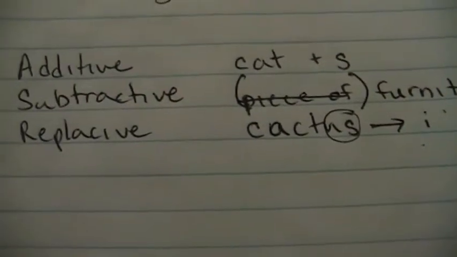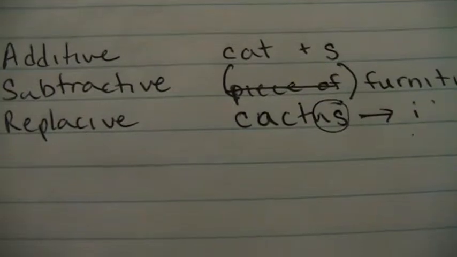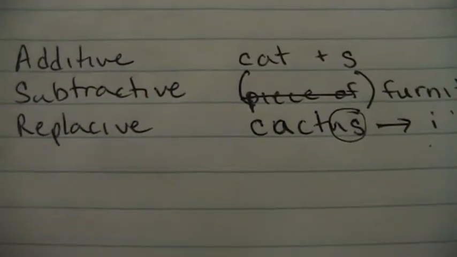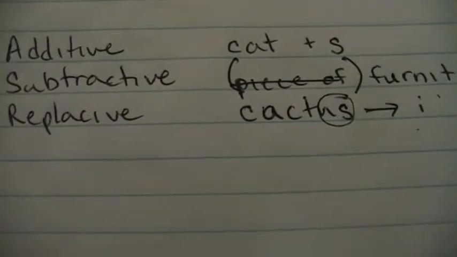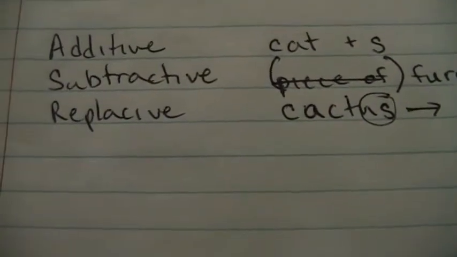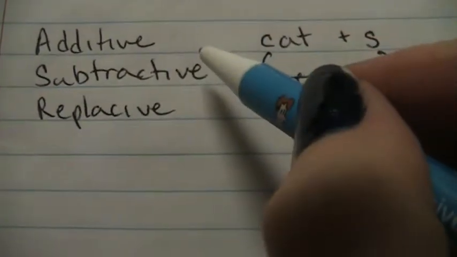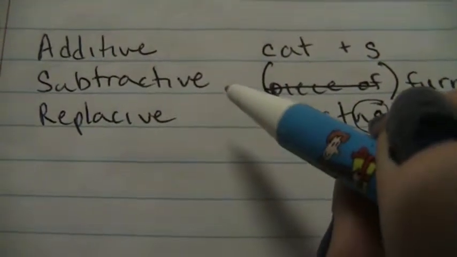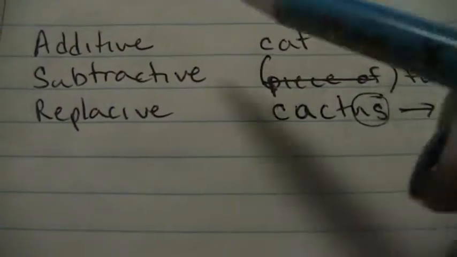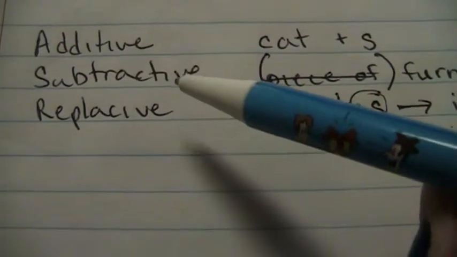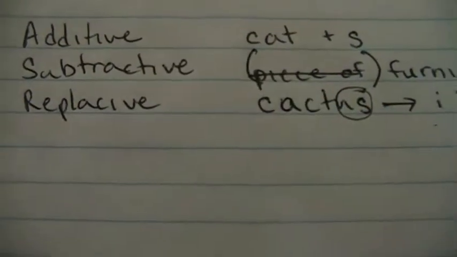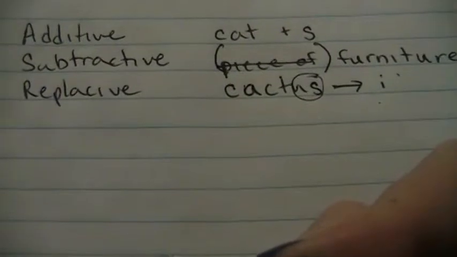So those are exactly the same three rules and patterns that I had explained in the last video. The only difference is the terminology that I'm using here. Additive is what is normally called plural. Subtractive is what is normally called singular. Replacive stayed the same. The reason I'm doing this is because to me it's the only way that makes sense